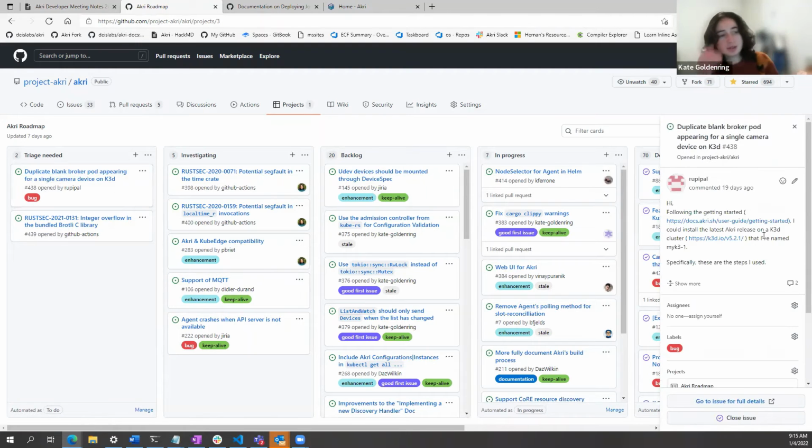So this one's interesting. This is a recent one. I've run into this as well. Once again, talking about the UDEV discovery handler, the way it works is that it uses UDEV rules to find specific dev nodes, and it assumes that a single dev node represents a device. For example, for a USB camera, that would be /dev/video1.